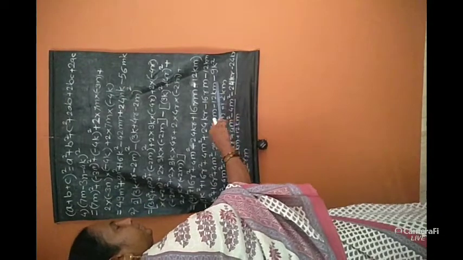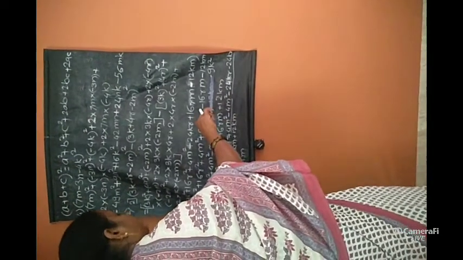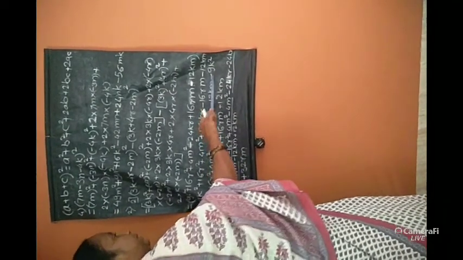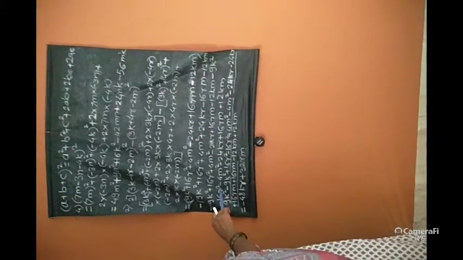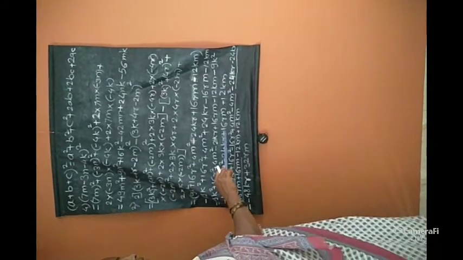Up to here the first bracket is written, and the minus sign in between them is given. Now we have to remove the bracket, so we should change the signs inside the bracket: minus 9k square, minus 16r square, minus 4m square, minus 24kr plus